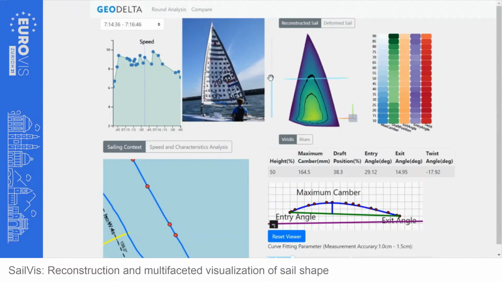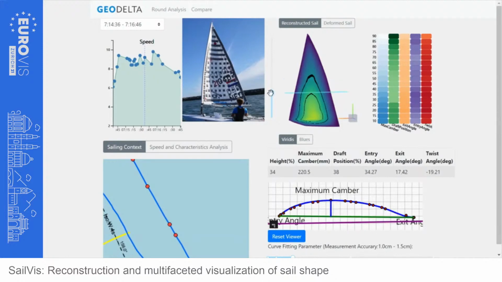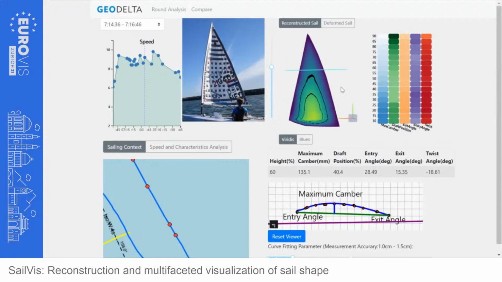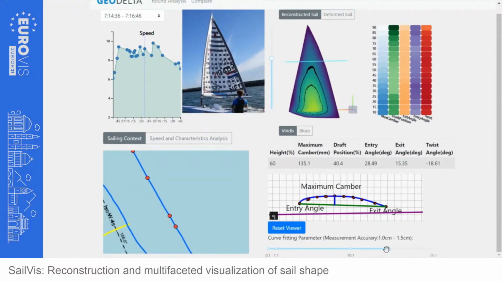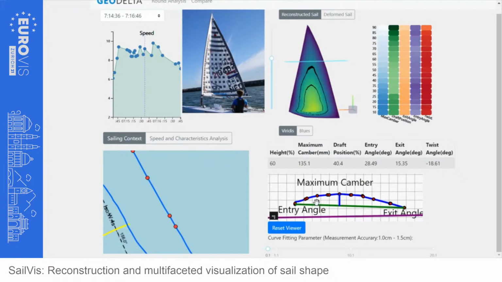Sailor can also choose to see the profile at different heights by using this height slider, while this blue line indicating the position of this profile. The smoothness of this curve can be adjusted by this curve fitting parameter, to make it more smooth or more close to the intersected points with the mesh, so that it's possible for sailors to see the wrinkles